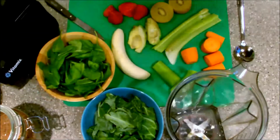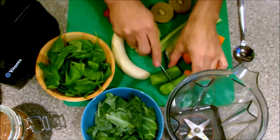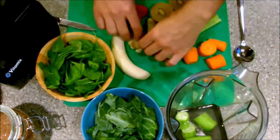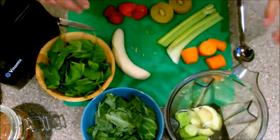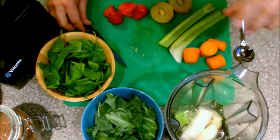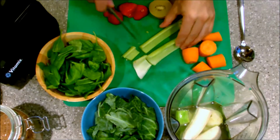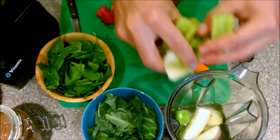There you go. And we're going to throw in our cucumbers, the avo, put that all in there, banana, remember you don't need to chop it up too much, celery, there we go,